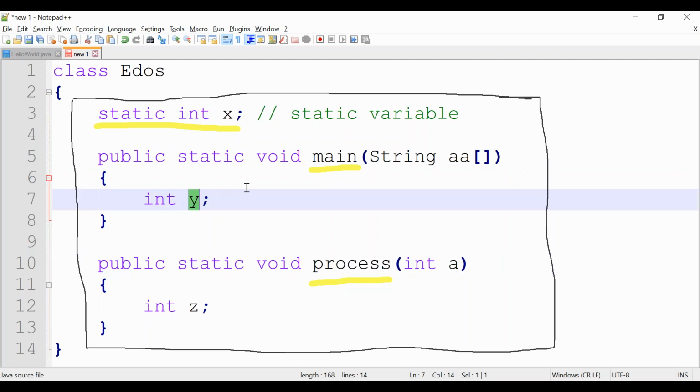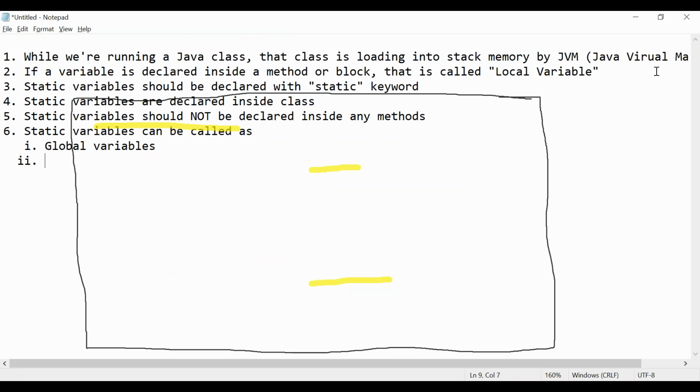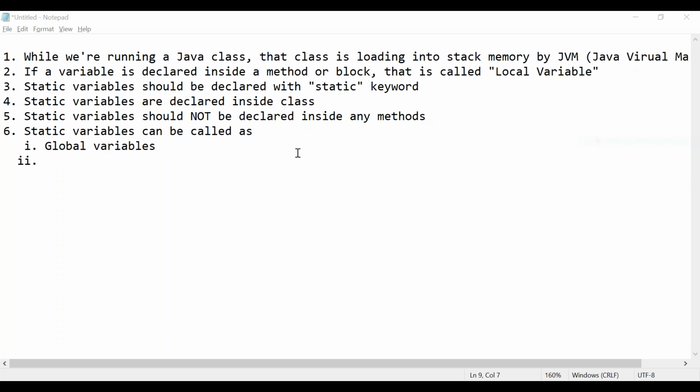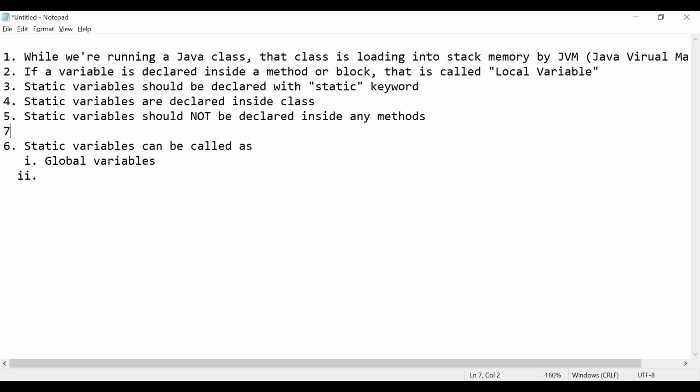Local variables are visible inside the method where they are declared. Okay, that is what we are seeing here. Local variables' scope is inside the method where it is declared. Local variables' scope, or what you can say is visibility, or access, right?